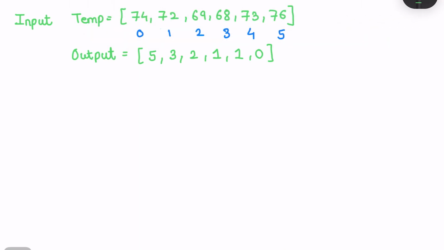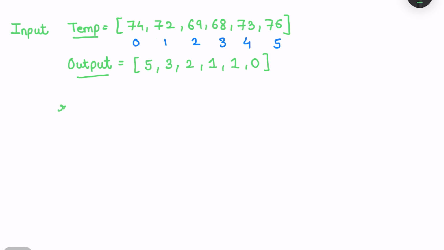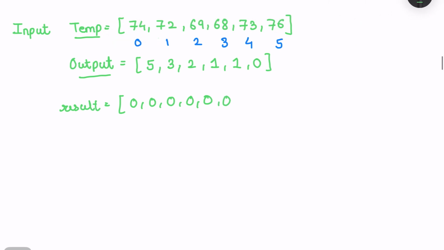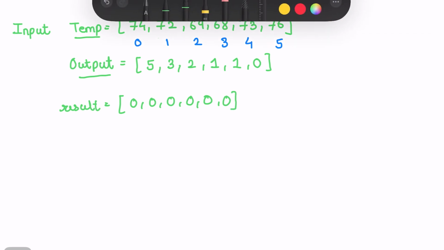Okay, so let's take this example. This is the given input. It's a temperature array and I have written its indices in blue color, and next this is the expected output. So what we can do is make a result array of the same size as the temperature array, and initialize all the elements as 0: 0, 1, 2, 3, 4, 5. Now let's take a stack,